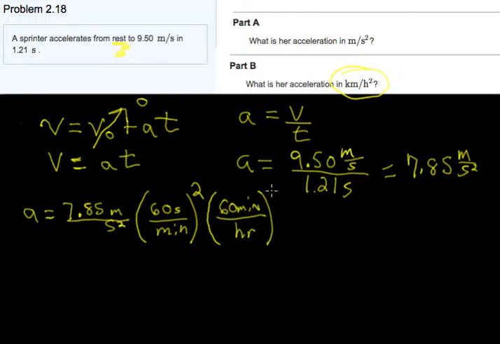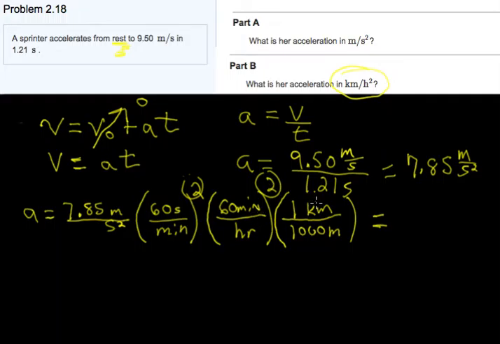So now I've got my units for time converted, and now I need to convert my units for distance. Right? We want kilometers per hour squared. And so we'll get 1,000 meters in a kilometer. We'll plug this on our calculator, making sure we take note of these squarings. So 7.85 times 60 squared times 60 squared divided by 1,000. That gives me 1.02 times 10 to the 5th kilometers per hour squared. And that gives us the answer for what our sprinter